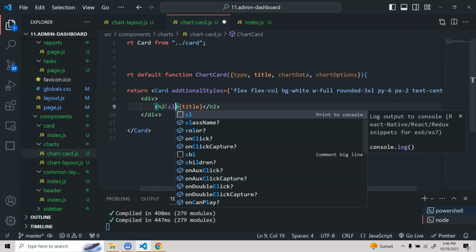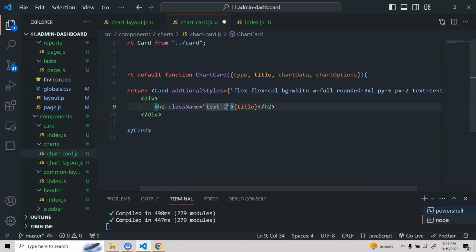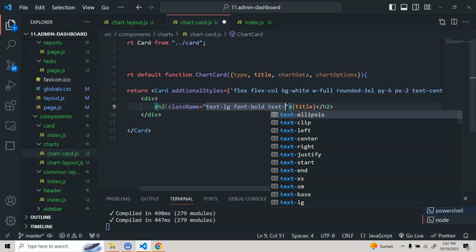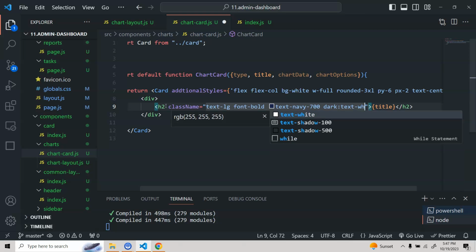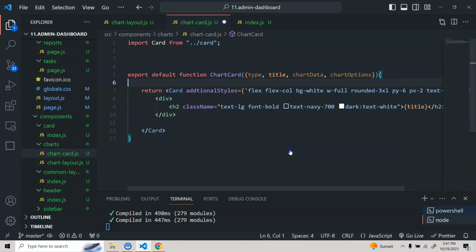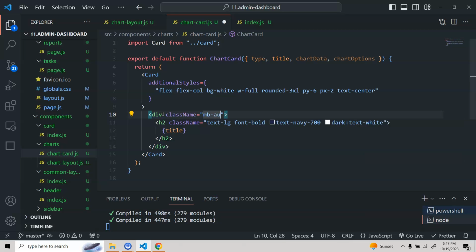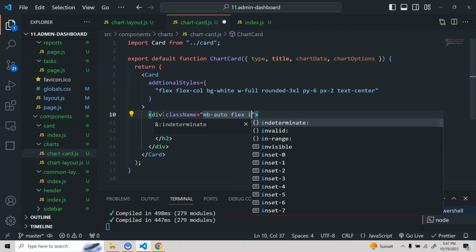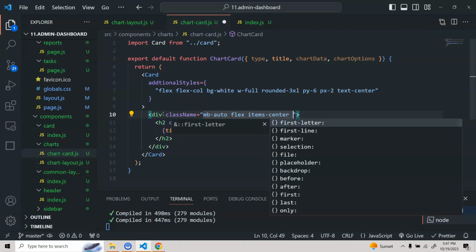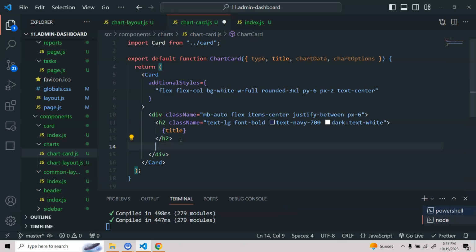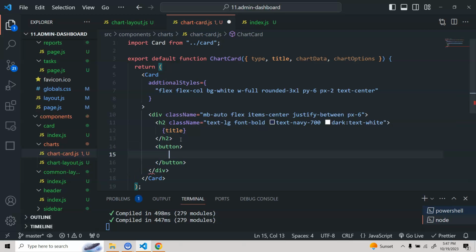So for this one we'll use a class name. So we'll do text as large, we'll do font bold, we'll do text navy 700, and for dark we'll do text as white. That's it. For this div we are going to use a class name. We'll do mb of auto, we'll do flex item center, justify between, and we'll do px of 6. That's it. So now after this we are going to render a button,